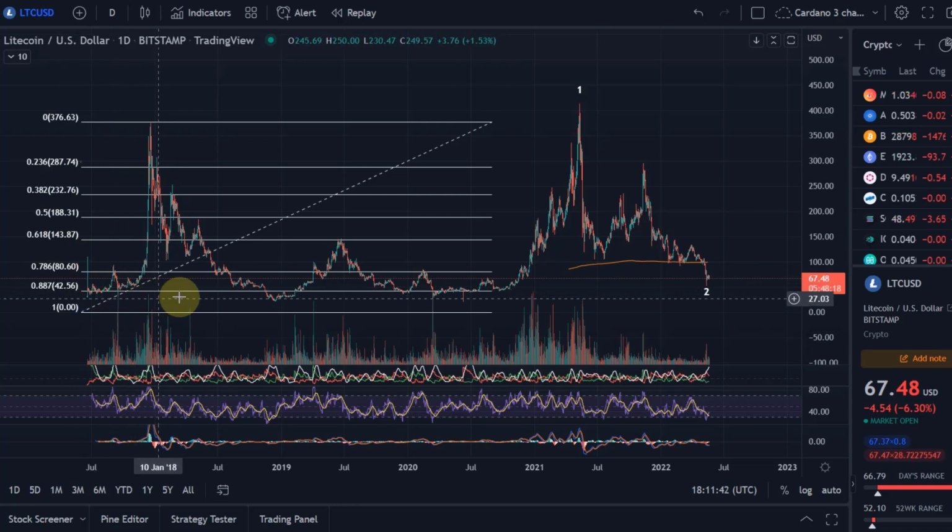Based on what I see here, this is the chart history since 2017, and my view is that Litecoin first created, back in December 2017, a wave 1, then came down in a wave 2. Now it has done another wave 1, came down in a wave 2, and it's done another wave 1 and come down in a wave 2.